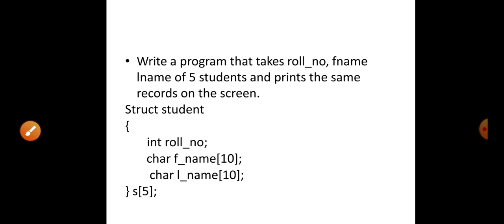Now we are going to write one program in which we take information about students from the user and display it on the screen, but here we are going to take information about 5 students. So we need an array of structure.